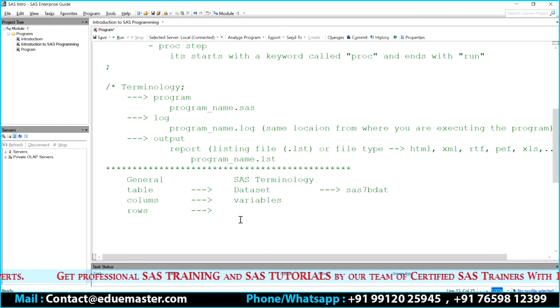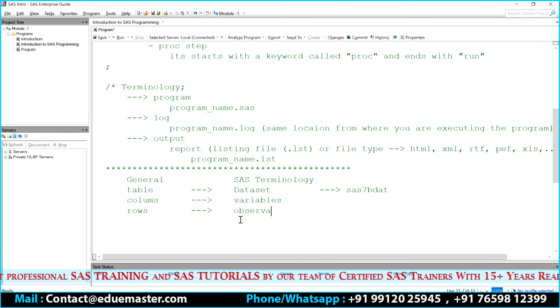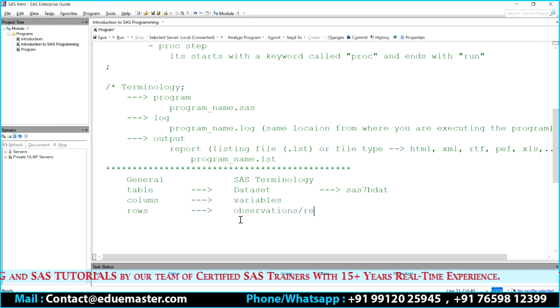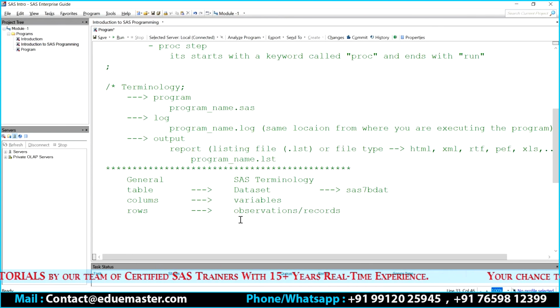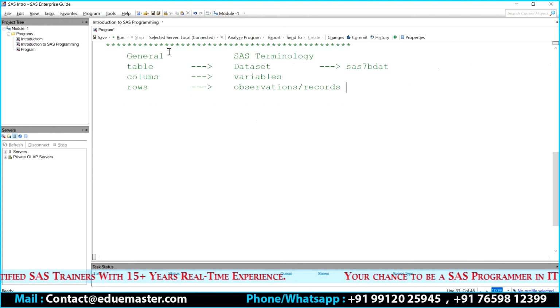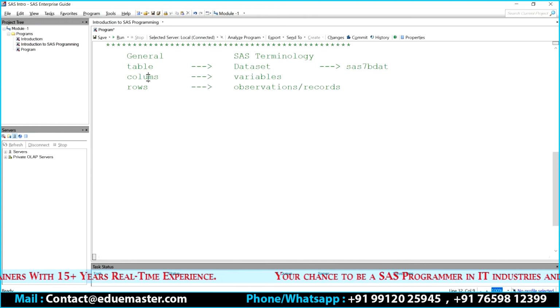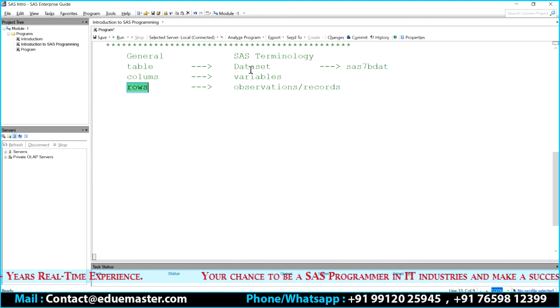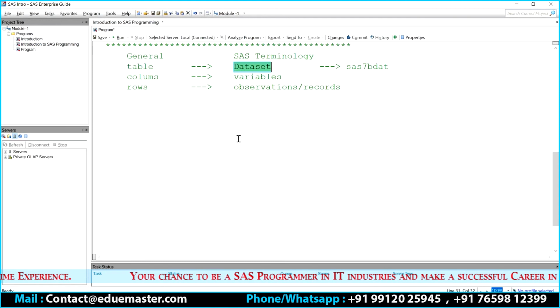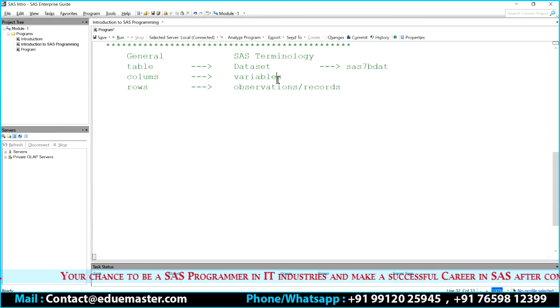The rows in SAS will be called observations. A few people call them records as well, but specifically speaking, those will be observations. So a table consists of rows and columns. In SAS, the table is called a data set, columns are called variables, and rows are called observations.